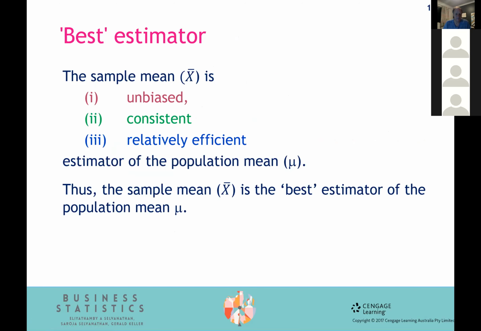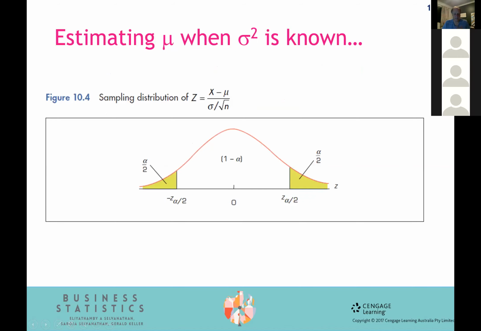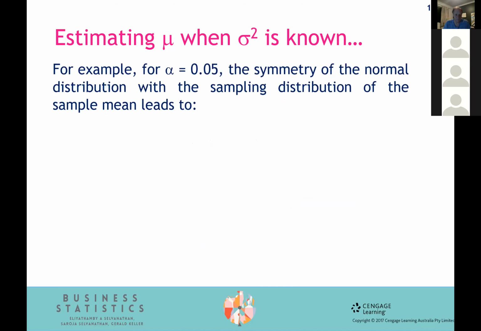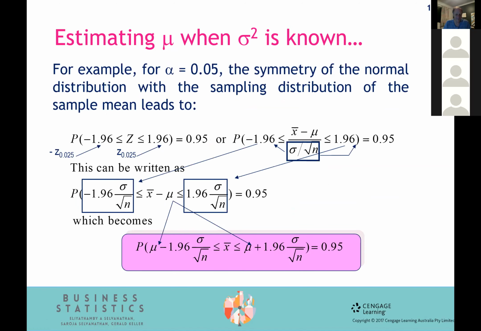That's just telling you what I just told you. Estimating the population mean when the population variance is known. All this is telling you is that we make use of the fact that the estimated mean is normally distributed. However, you can use it when the population variance is known, but that so seldom happens in practice that I'm going to skip this. That's 10.2 that I'm going to skip. So all of this you can skip. How good of me.